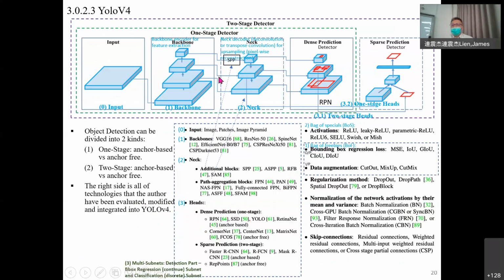YOLO V4 它有很大贡献是都把它模组化的很漂亮，贡献蛮好，所以 YOLO V4 最主要是 see this backbone, right? And in this paper they organize the backbones, 就有这么多 backbones，它把模组化。那 neck 这边，neck 有这么多种 neck 这样子。